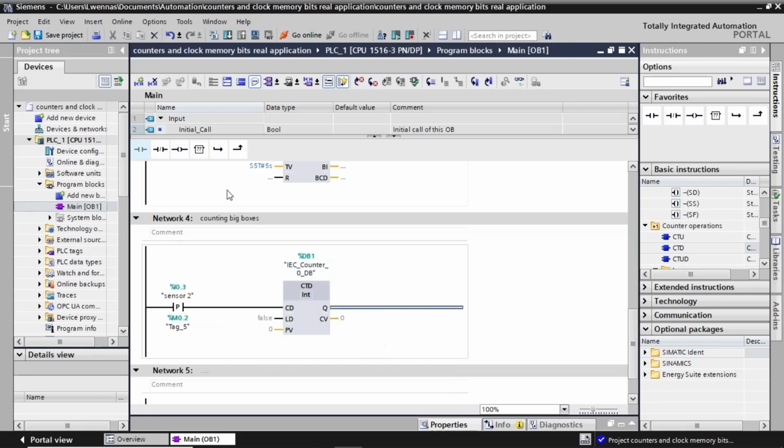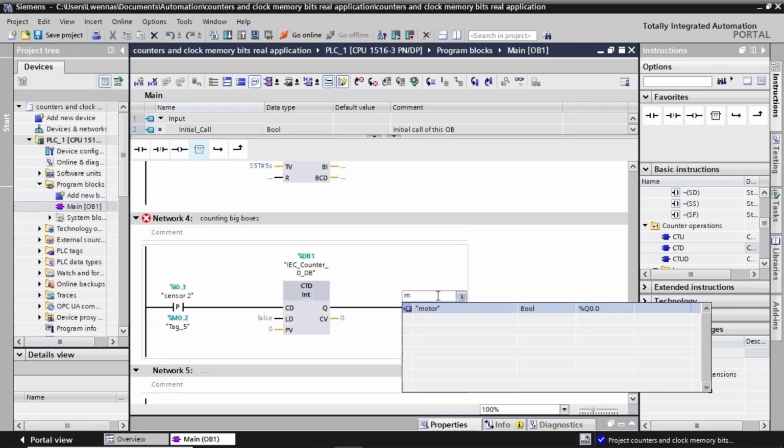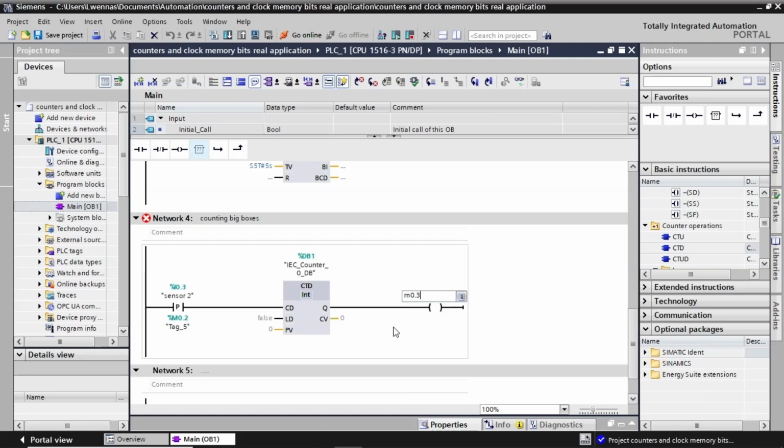Well, we drag a coil and assign it with a memory bit address. This way we retrieve the state of the output. We can therefore use it anywhere in the program, in our case turning off the motor. As to the current value, it's optional in this program, still we give it an address for a better simulation